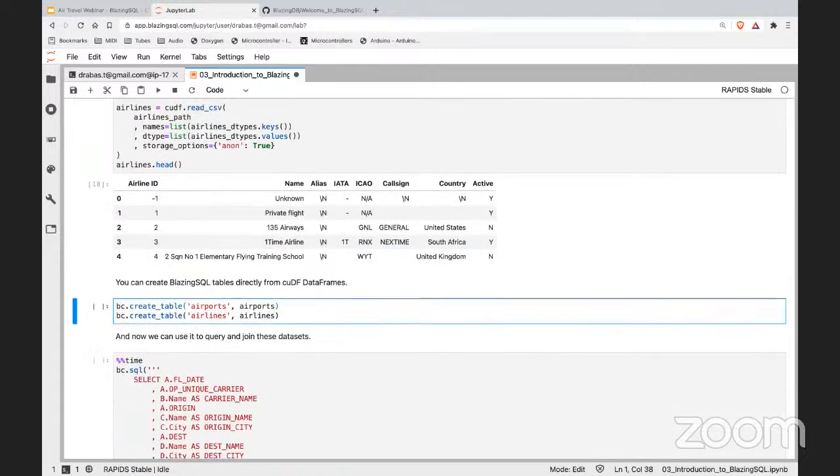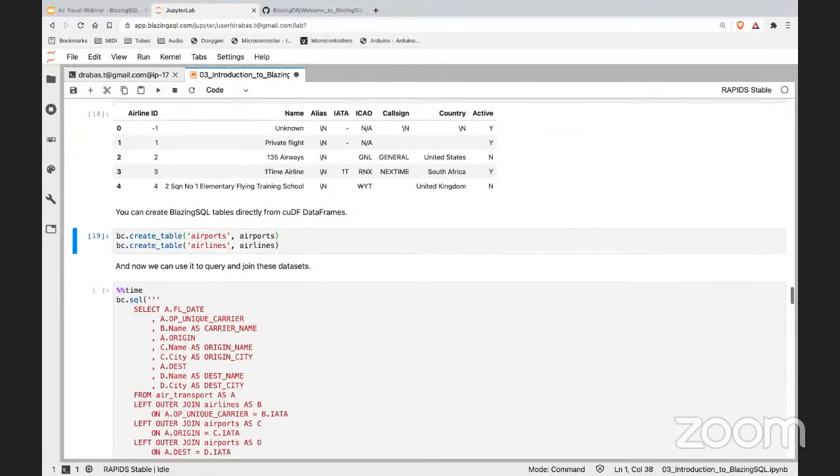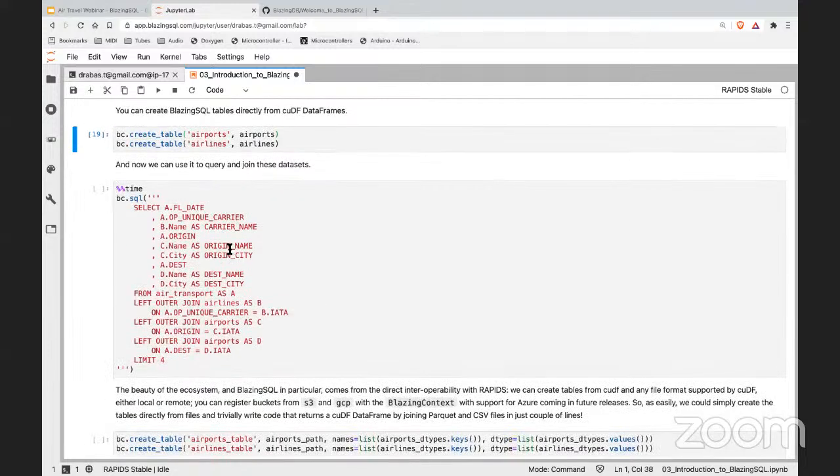And then as we did before in the very short example in the deck, we can now create tables on top of those cuDF data frames. So simply run that, and we're good to go. SQL allows you to very easily run queries against your data, right? So in this particular case, what we try to do is to collect all the interesting information